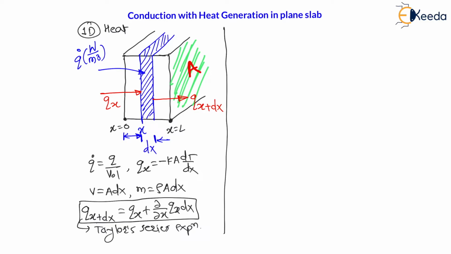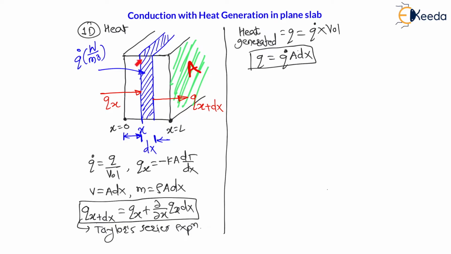Now, my dear students, let us do the analysis of this element, right? Let us consider this very small element. In this element, the uniform heat generation is q dot, which is nothing but heat generated per unit volume. Therefore, let us find this heat generated. We can say the heat generated in the element, q, is equal to q dot into volume, which is uniform heat generation rate into volume. Therefore, this heat generated will be q dot into volume, which is nothing but area into dx for a very small element. Therefore, q dot A dx, right? This will be the heat generated.